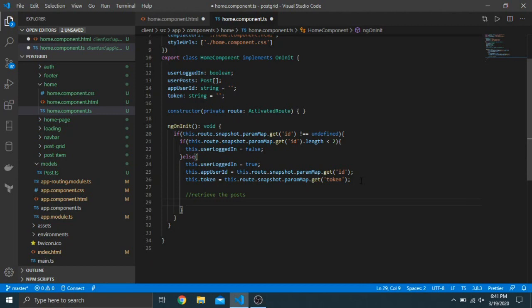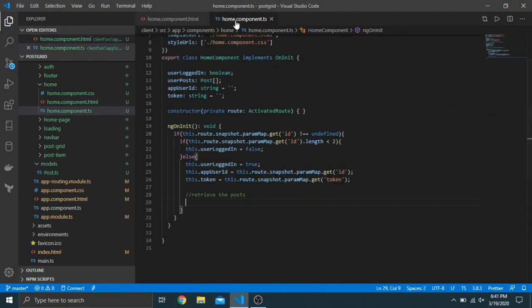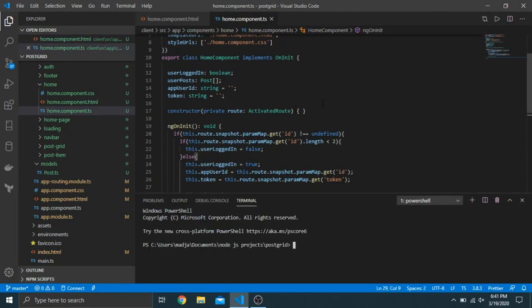And so basically I have to create a post service in order to do that. And so in order to do that, I want to first, let me open up the terminal, control backtick. And so basically I want to cd into the client folder, make sure you're in the client folder, and I want to use ng generate service, and then you can name it whatever you want, or you can do ng g s, and then basically I want to put it in a folder called services like that, and then I basically want to call this service,